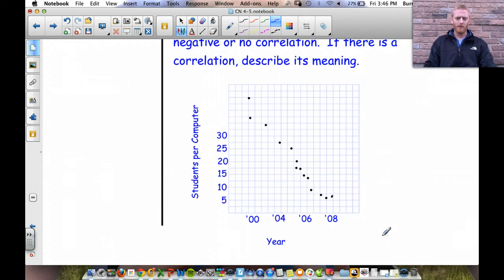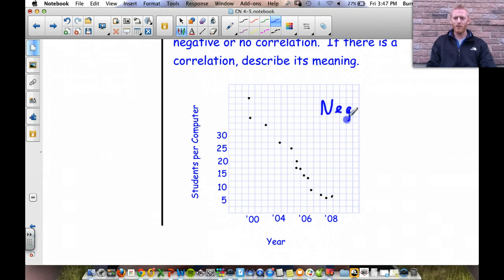Looking at the years 2000, 2004, 2006, and 2008, up here we're looking at the 40s, 50s, 60s students for one computer. When we get down here, we're looking at about 5 students per computer, which means that